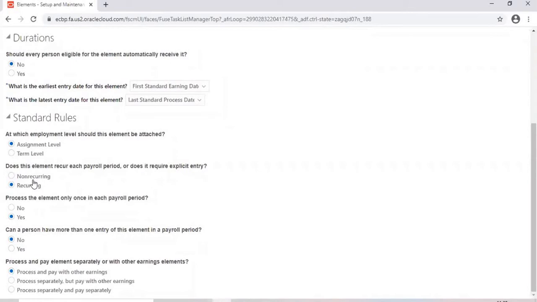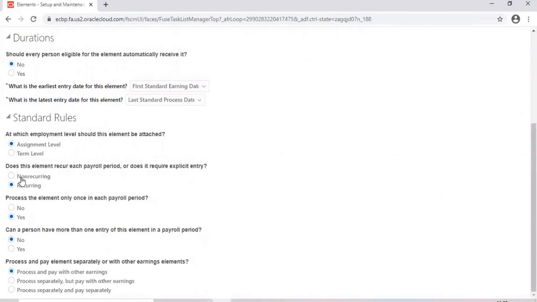Suppose your payroll is a monthly payroll. Suppose you take basic salary as one element. Basic salary is obviously a recurring element. Once I attach it to the employee, every month that employee should get basic salary, right? So every month you should not go to the employee screen and attach this basic salary. Why? Because it's already there every month. Why should I attach it manually? Such elements you will define under recurring elements.